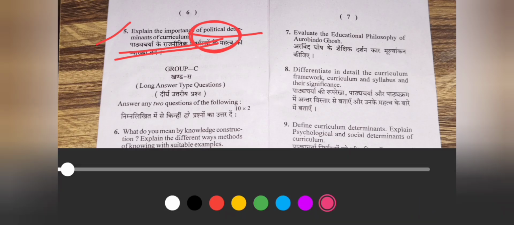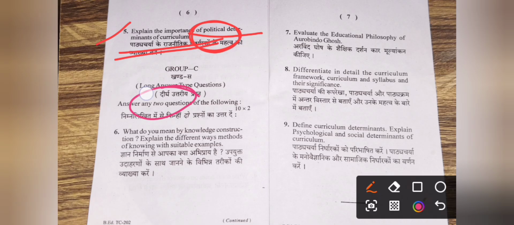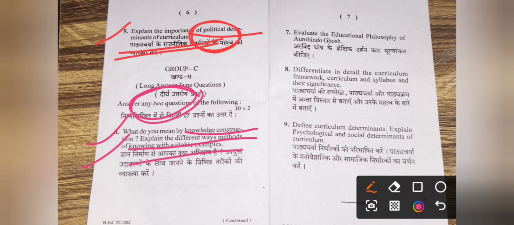Moving toward the long answer type questions, that is group C. Here we have to answer any two questions. So let's start with question number 6. What do you mean by knowledge construction? Explain the different ways and methods of knowing with suitable examples. Here the question asks about knowledge construction, knowledge formation, and the different ways of gaining knowledge with proper